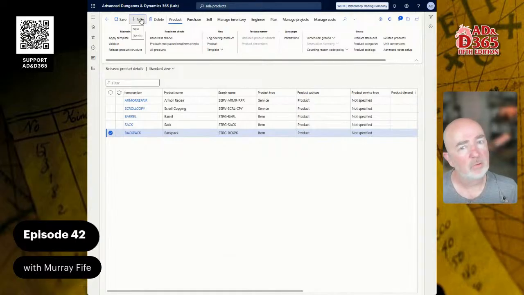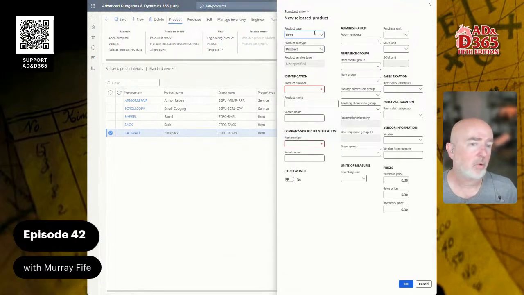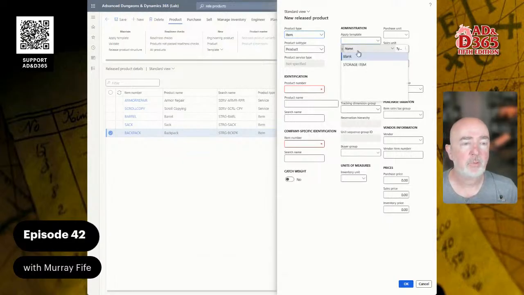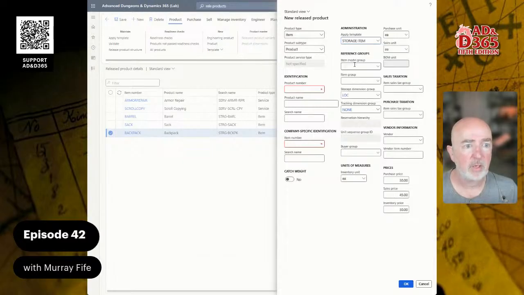Then I can say I want to create a new product, and this is going to be an item. But what I have now is I've got the supply template. So we could have blank, which is just the standard default plain Jane product that we set up, or I can say this is a storage item. And notice that it automatically fills in location, the tracking dimension, the inventory units are already there,